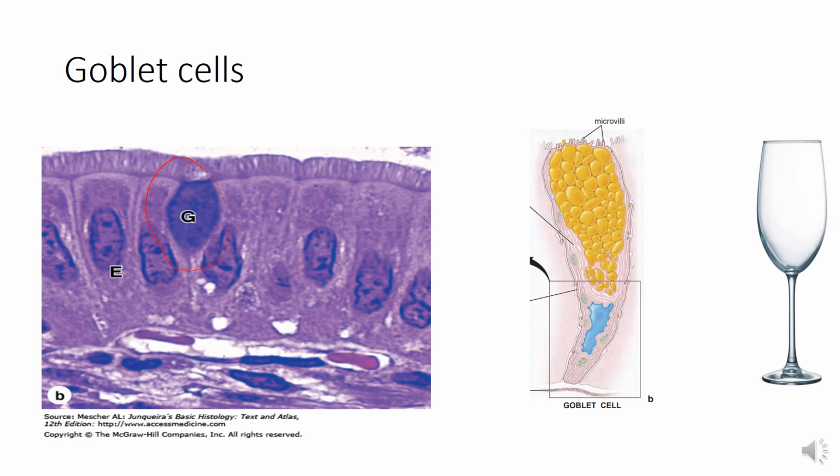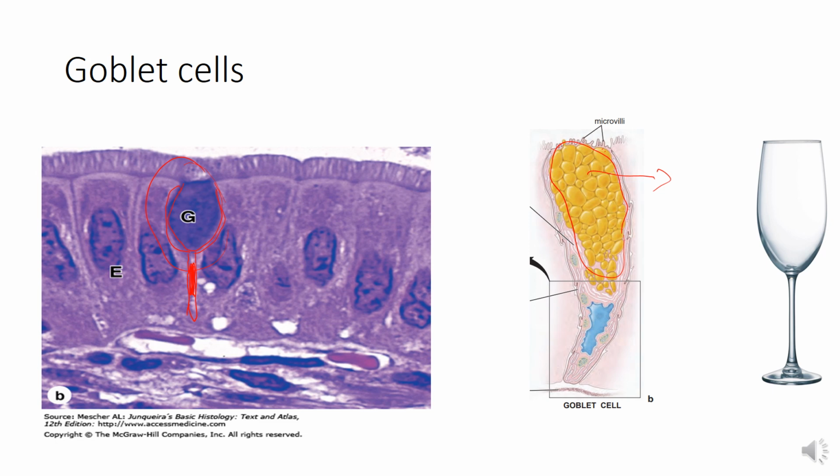Now these cells have the typical shape of a goblet. The expanded cup-shaped apical part of each goblet cell is occupied chiefly by the mucin granules. So you can see here, these are the mucin granules. The upper expanded part is filled up by the mucin granules. So this is the expanded part, while the cytoplasm lies in the periphery here, and downwards lies the portion where the nucleus is lying. So they give the appearance of a goblet glass.